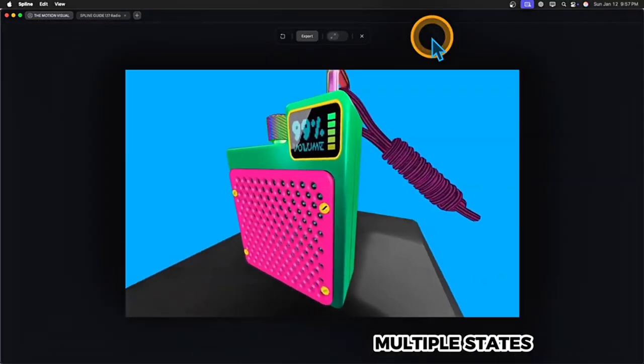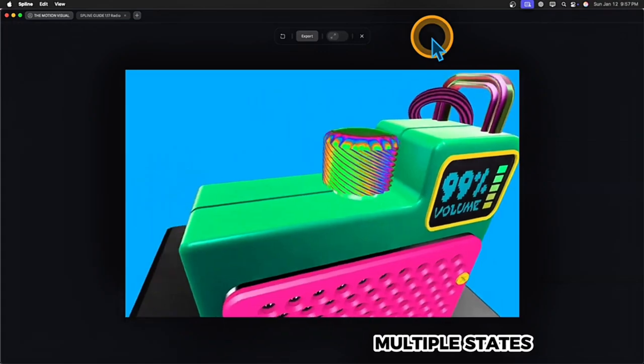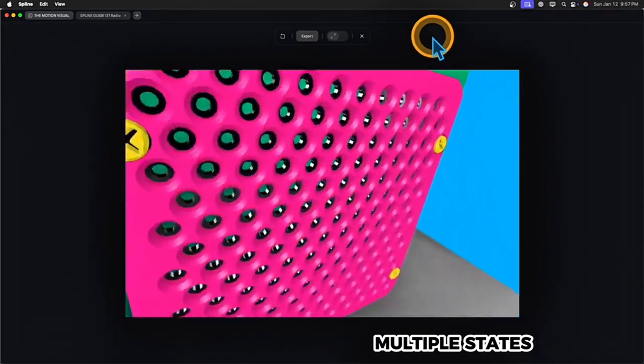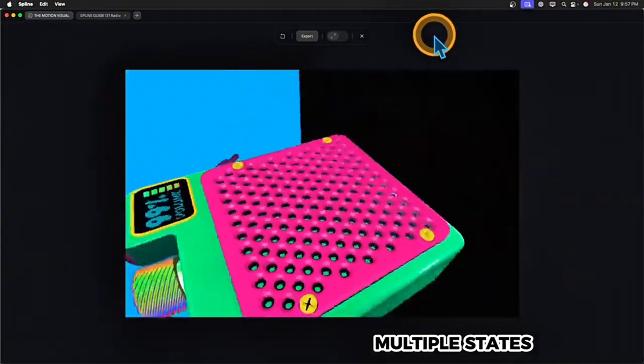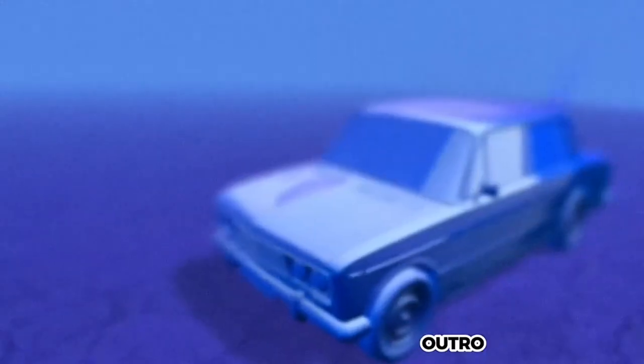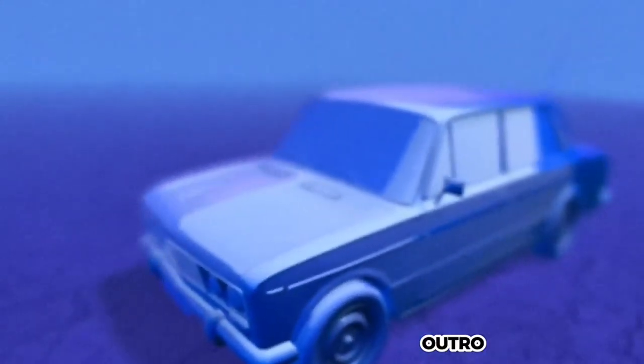Change the settings in each state, and then click the plus sign to add new states in your transition event to animate them from state to state. The possibilities are endless. One last thing to note before we finish, don't forget about the depth of field effect